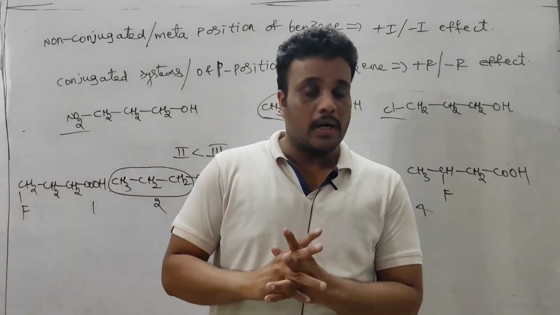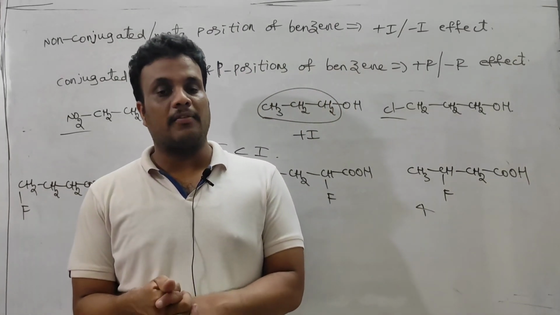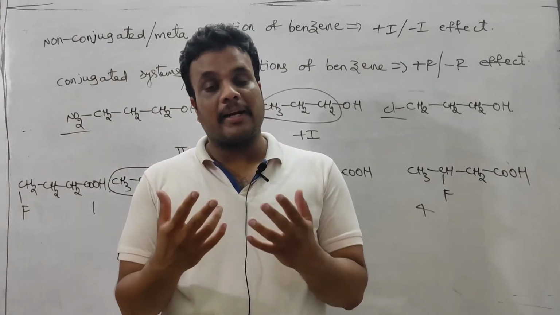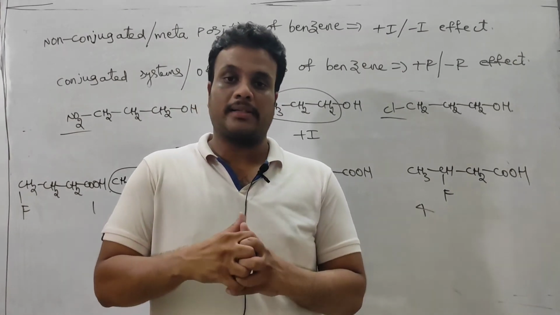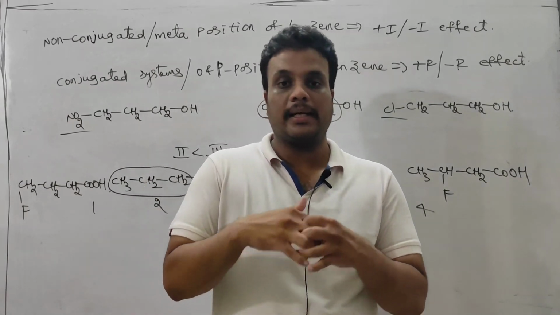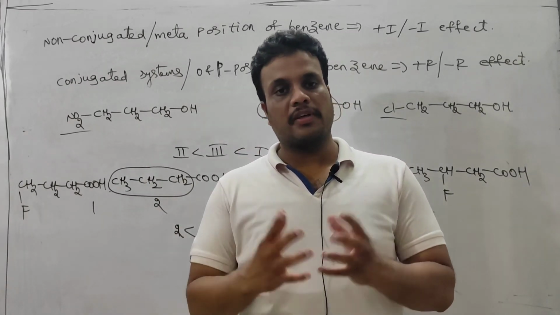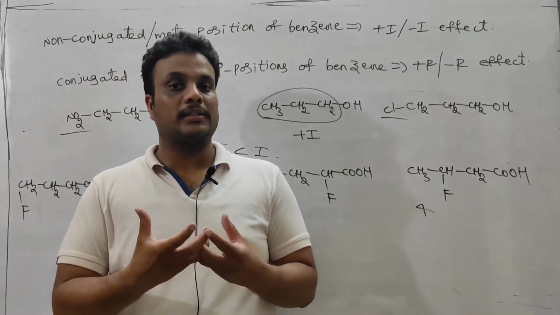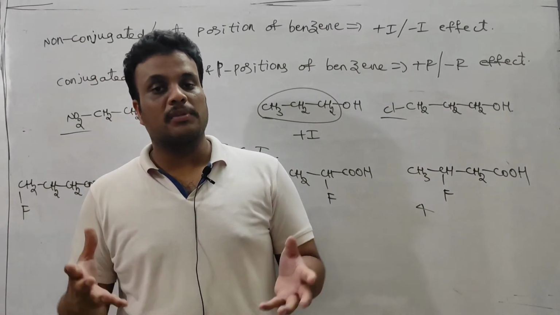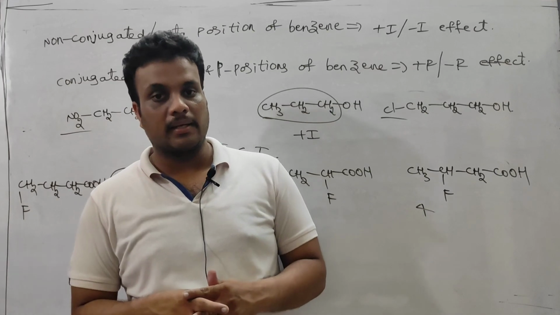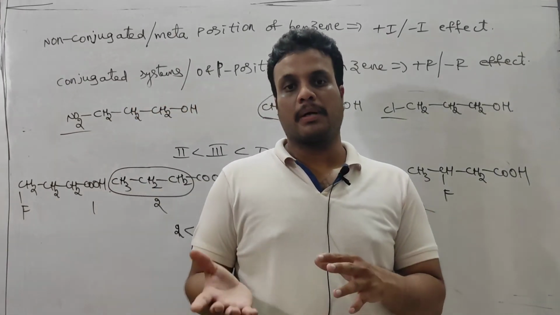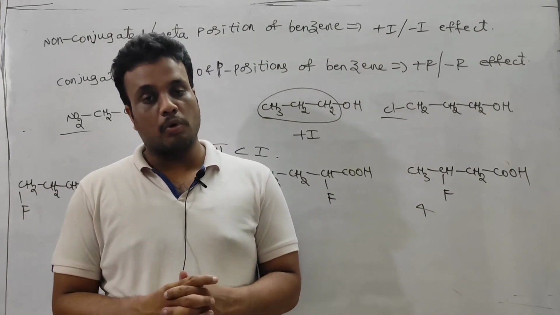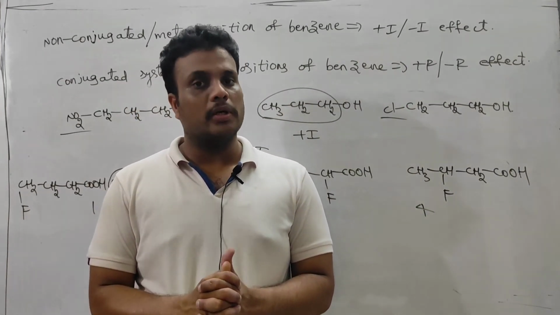Okay, this is the video, and in one more video I will explain the activating and deactivating effects of various groups. Generally in a benzene ring we know electrophilic substitution takes place, and some groups increase the electron density in the benzene ring, some groups decrease the electron density in the benzene ring. So activating and deactivating power, their order, along with examples, I will make one more video. And that is a very important concept as well.